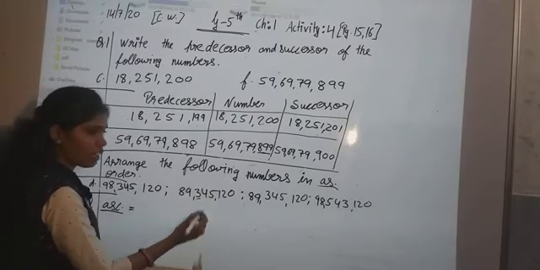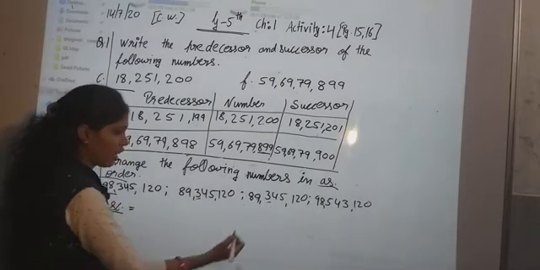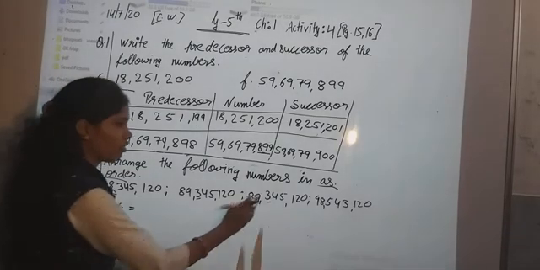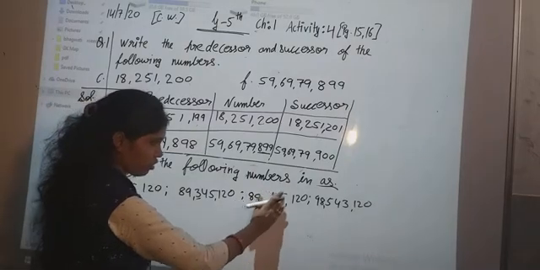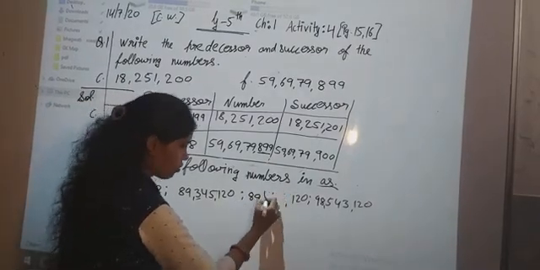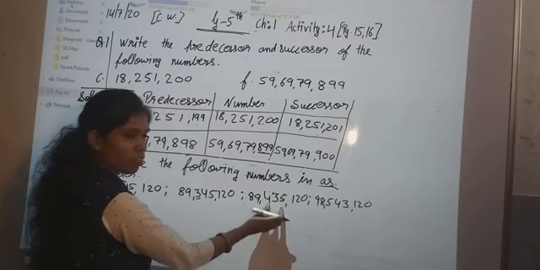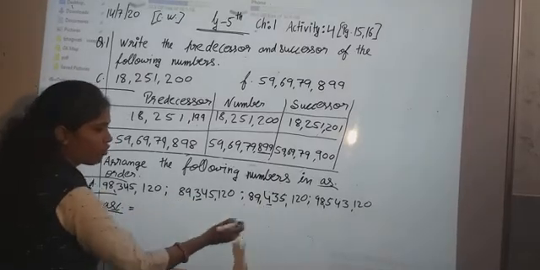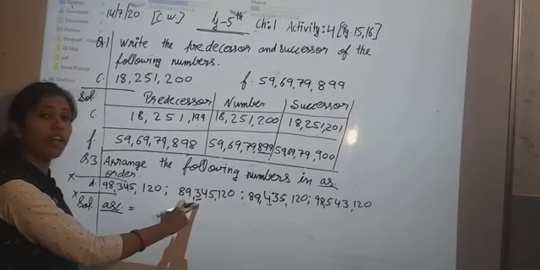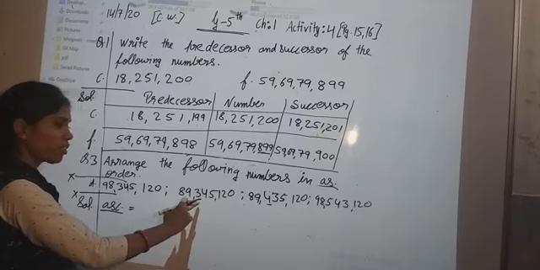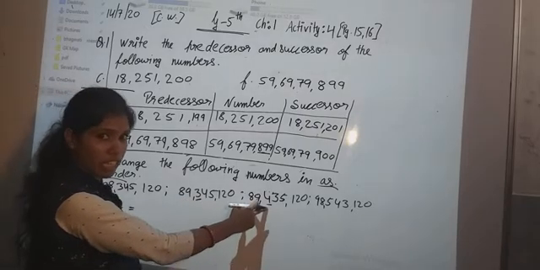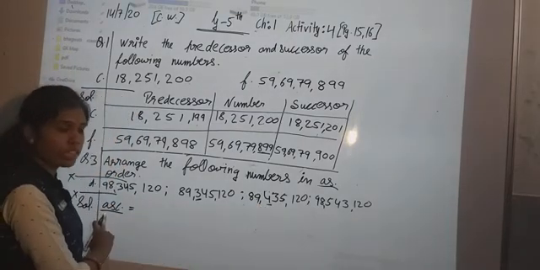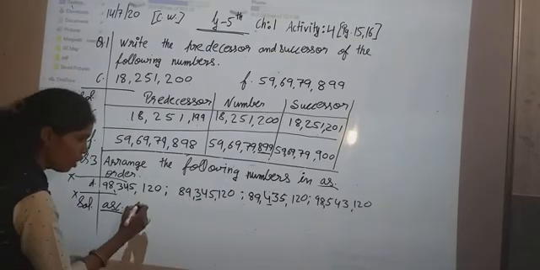Okay, now we have 38 here, and again we have 38 here. We have here 400. Sorry students, this was 435. So we have here 3 and we have here 4, in the 100,000 place. Now, 3 is greater or 4? Yes, 4 is greater, and we are doing ascending order, so we will write the smallest number. 3 is the smallest number, so